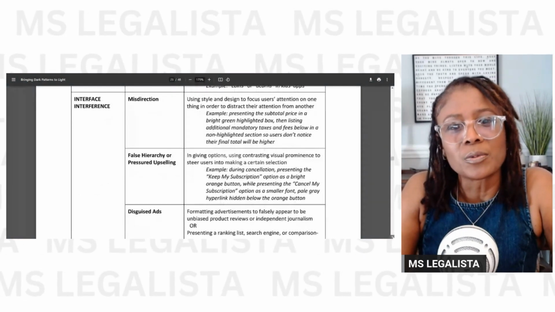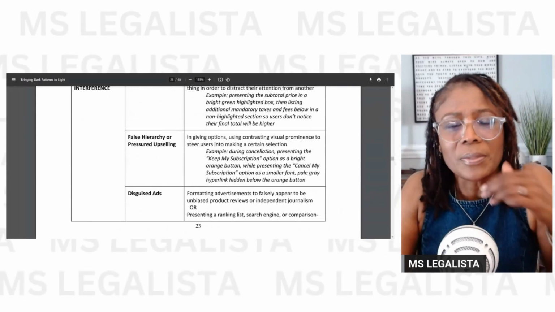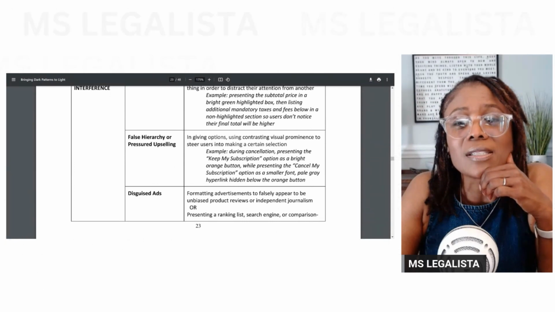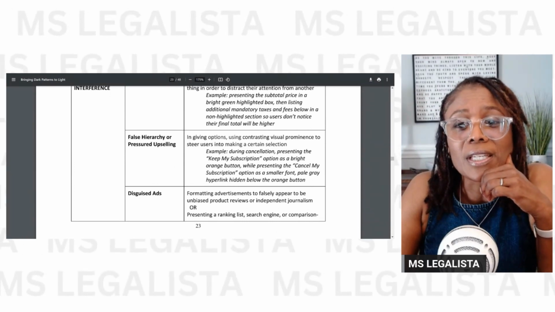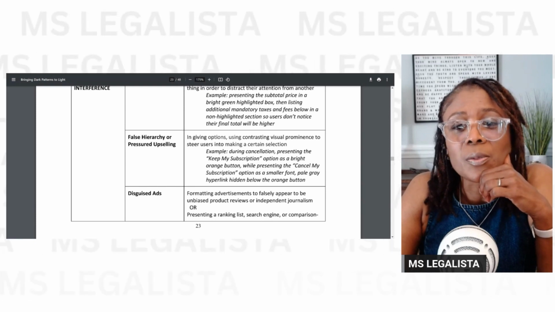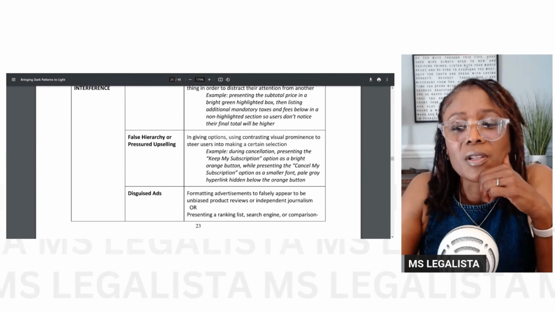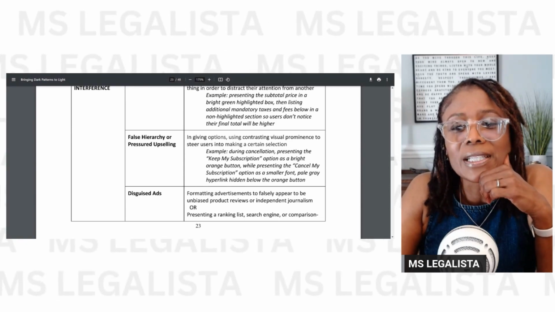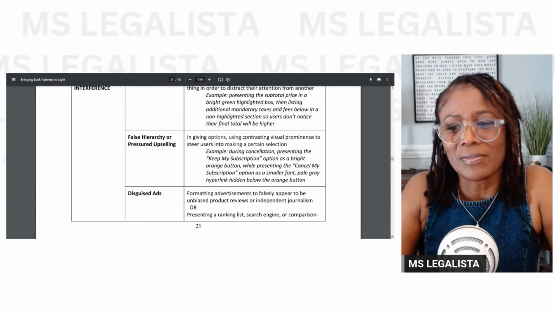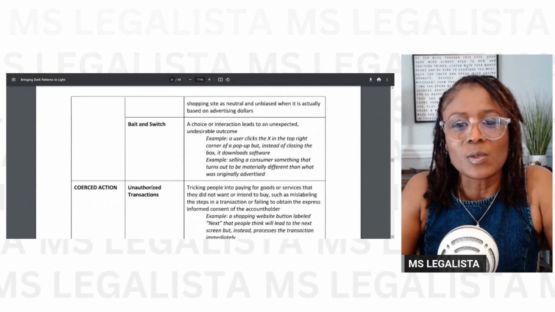Upselling. Oh, so let's look at this one. I skipped the other one, but let's look at this one. In giving options, using contrasting visual prominence to steer customers into making a certain selection. Yes, keep my subscription option as a bright orange button while presenting the cancel my subscription option as a smaller font, pale gray hyperlink hidden below the orange button. Yes. Then we have disguised ads, bait and switch,